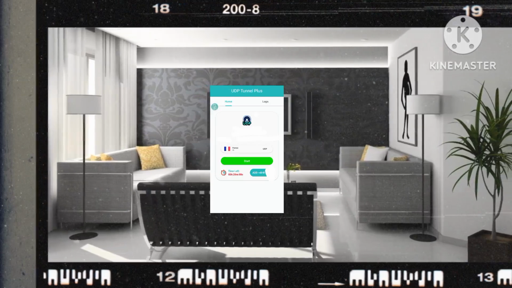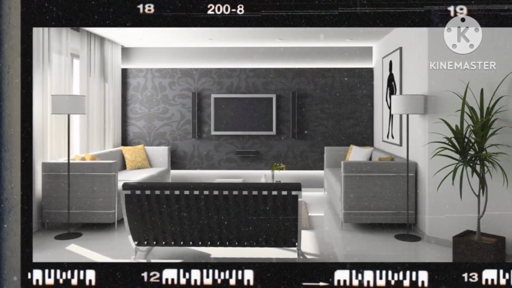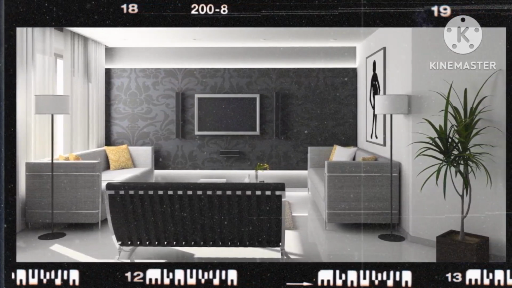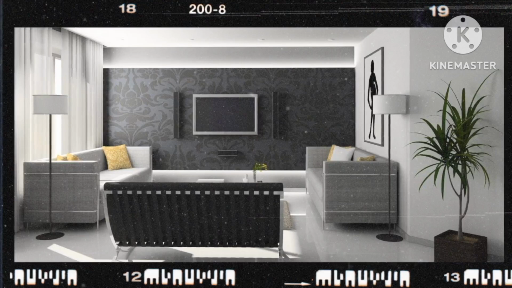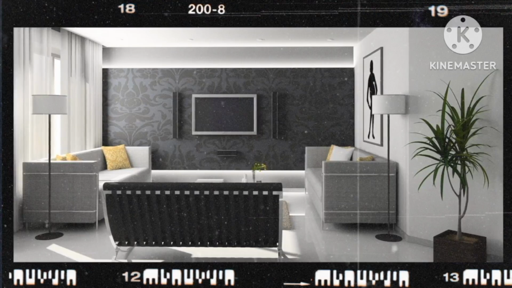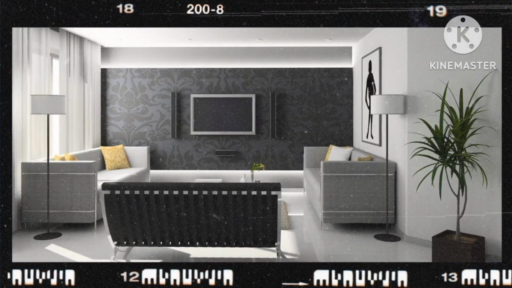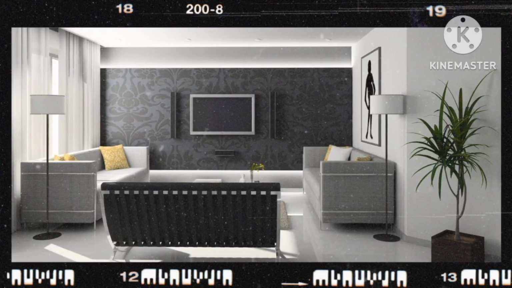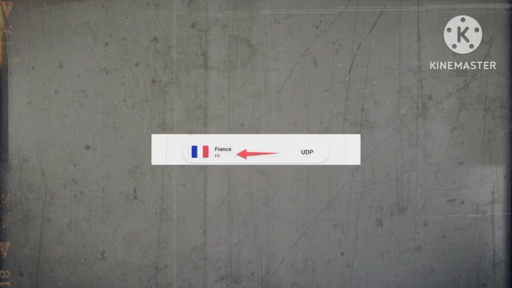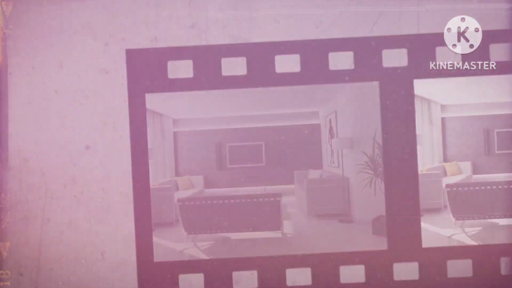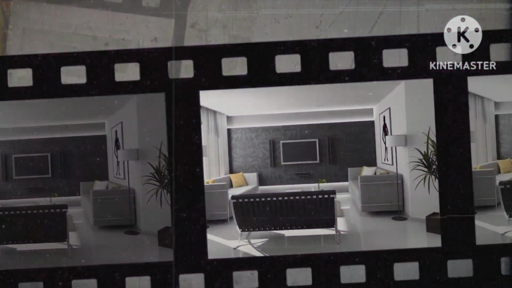An essential aspect to highlight is the importance of a robust internet connection during the initial stages of using this application. It is crucial to ensure a stable connection as the app will automatically update itself to optimize performance. Once the app resources are updated, you will be prompted to select a country flag of your choice or your own nation's flag. This selection is pivotal in determining the optimal performance levels of the VPN connection tailored to your